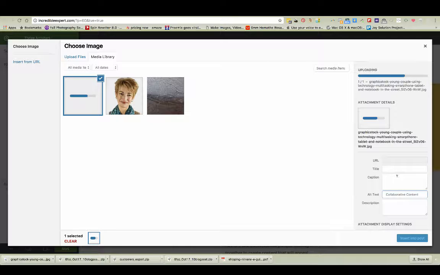And remember, this is an alternative text for the image. So once this finalizes uploading, we're going to go ahead and insert it into the post, and then we would